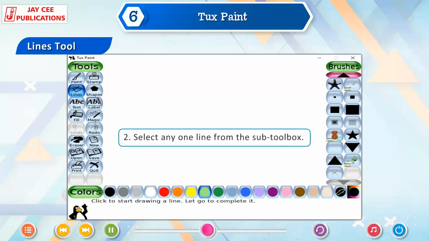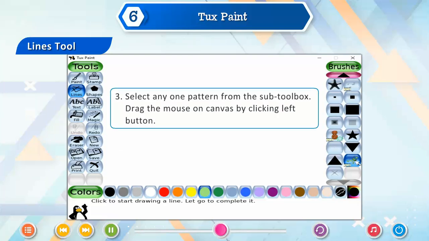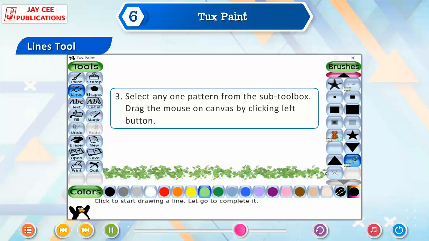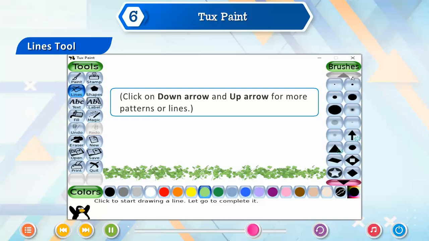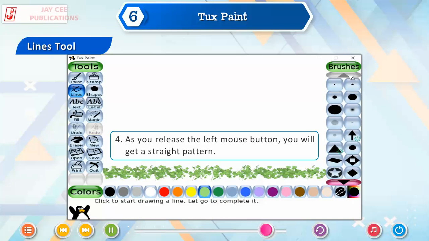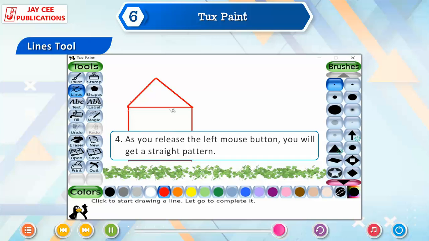Select any one from the sub-tool box. 3. Select any one pattern from the sub-tool box. Drag the mouse on canvas by clicking left button. Click on down arrow and up arrow for more patterns or lines. 4. As you release the left mouse button, you will get a straight pattern.